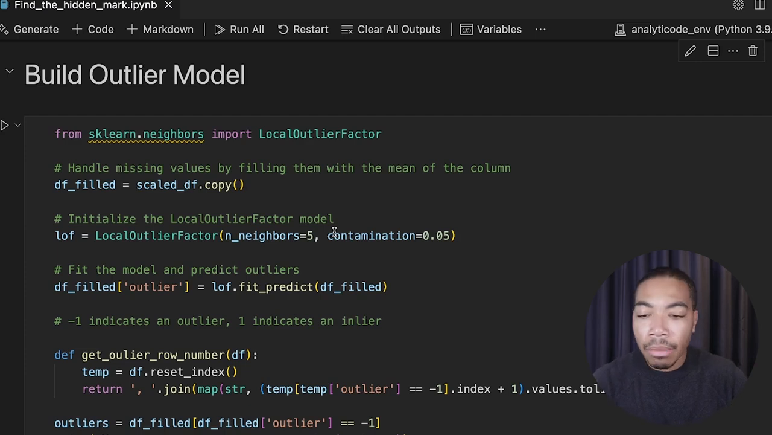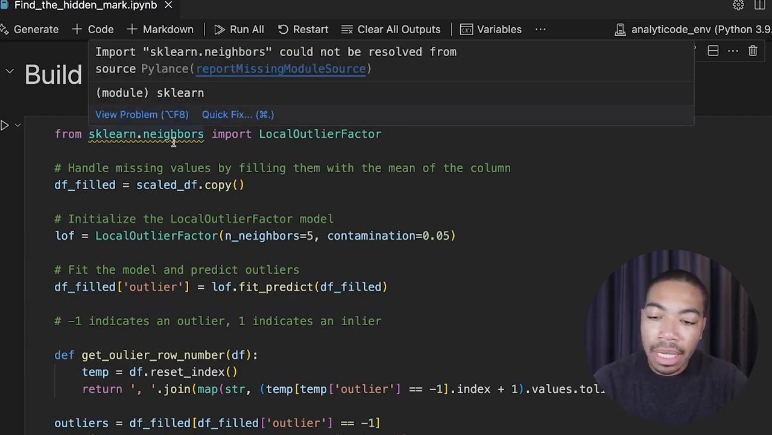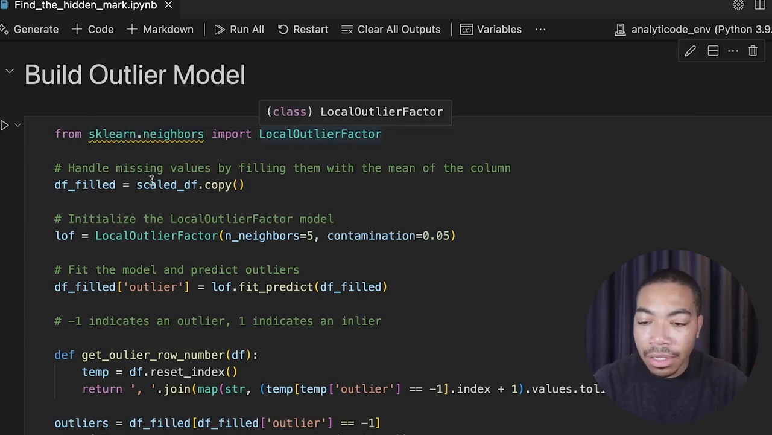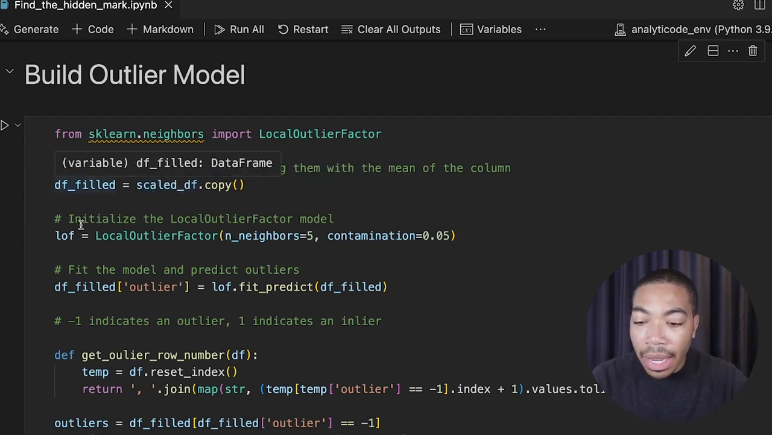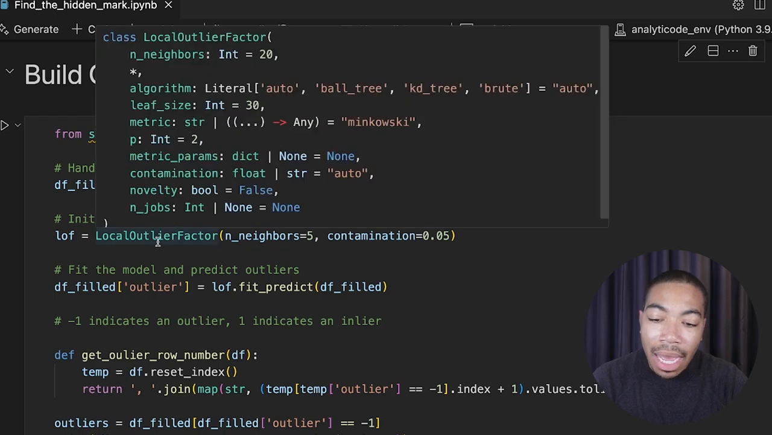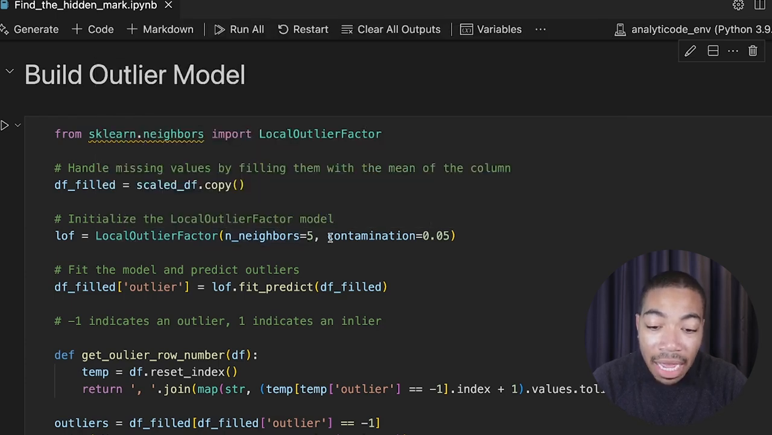So to build our outlier model, we're going to import from scikit-learn neighbors the local outlier factor. We're going to take our scaled data frame. This data frame has already been exposed to our apply SNV method, and we're going to copy that and store that as df_field. Next, we're going to instantiate our local outlier factor with an n_neighbors of 5 and a